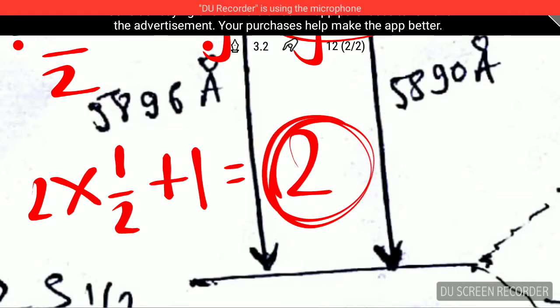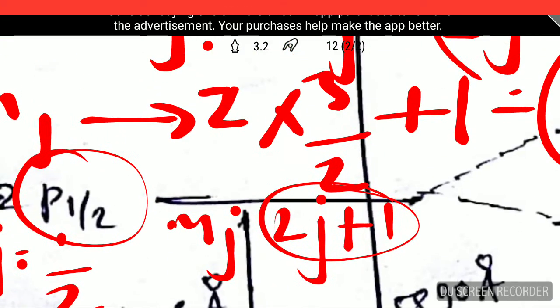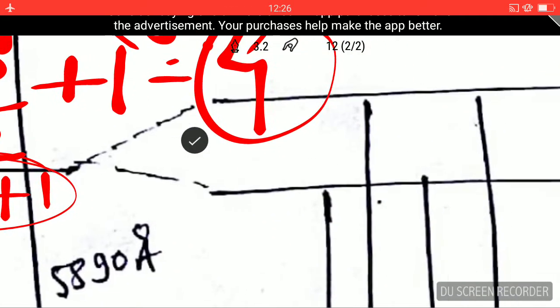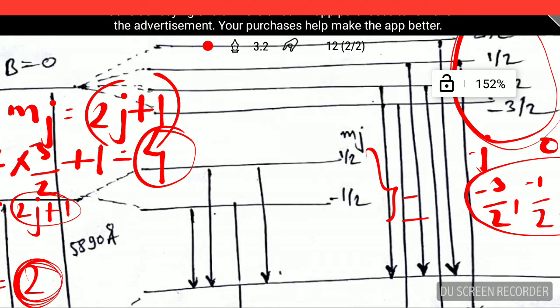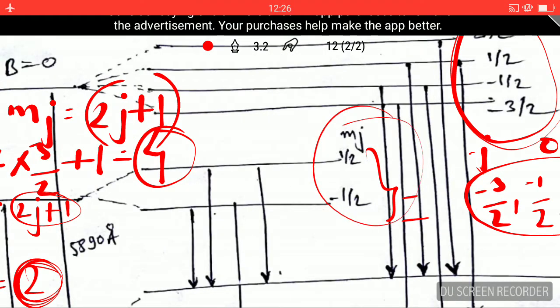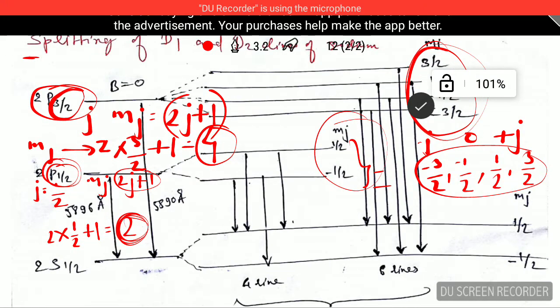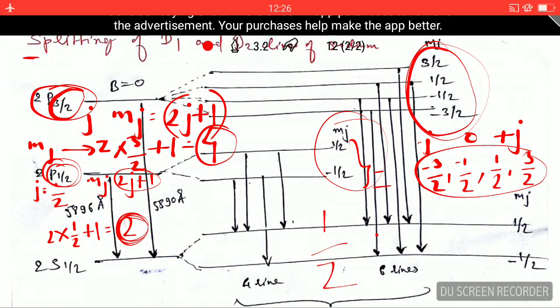That means this level will split into 2 parts, as you can see here. That level will split in 2 parts, and you just take minus 1 by 2,